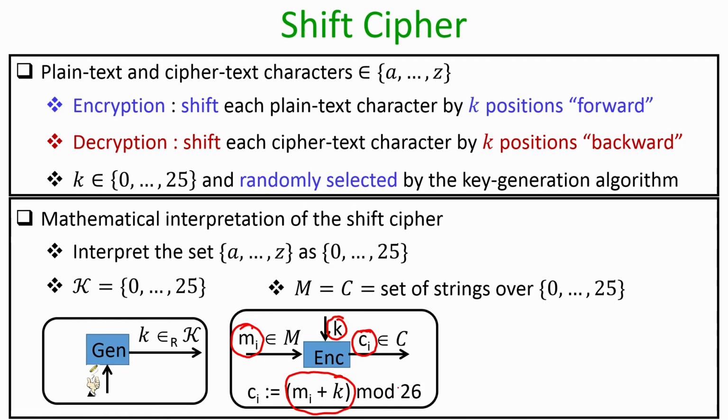Now, this operation modulo 26 ensures that we do the wraparound if we are actually going beyond the value 25. What I mean by this is, if for example your mi, the ith plain text character, is say b, and if my value of k is 25, then b gets mapped to 1 and my k is 25, and if I add 25 to 1, actually I will be crossing the range of values that is allowed for the ciphertext characters, namely 0 to 25.